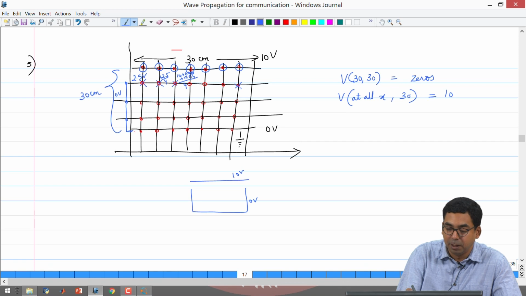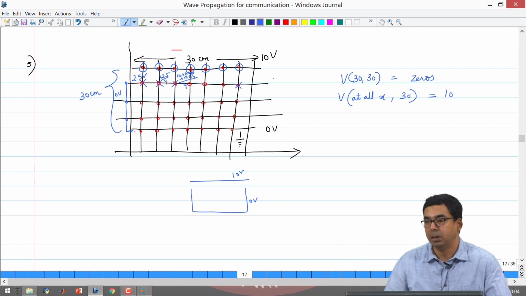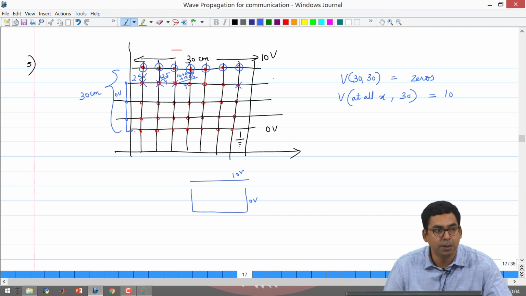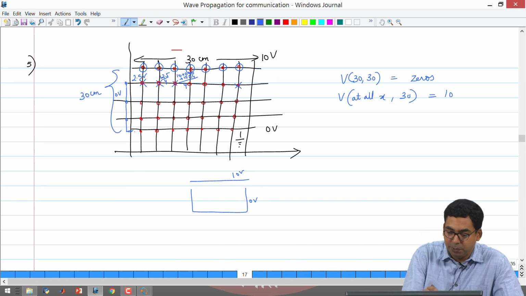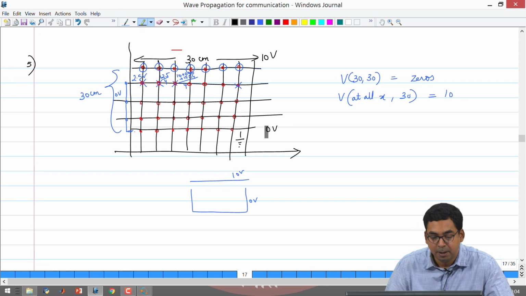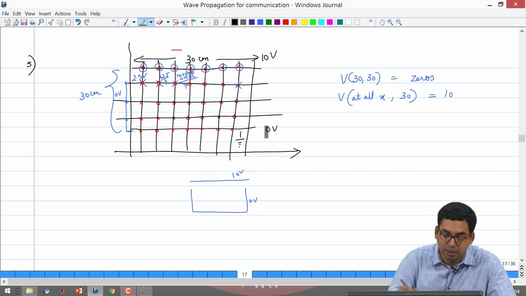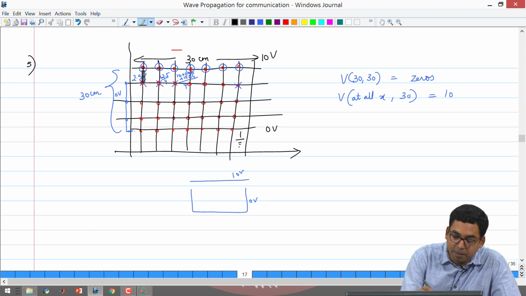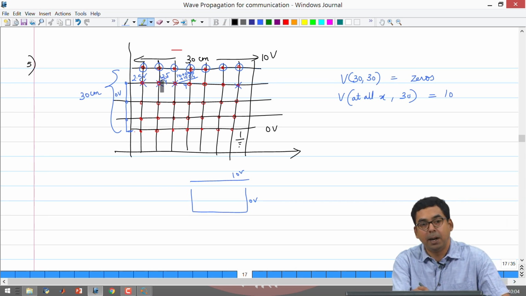Once you finish that particular row, on the right extreme, once again we do not know the value of the voltage to the right side because there is no point over there. So, if there is an unknown voltage, we consider that to be 0. Once you finish the first row, you will go to the second row, then the third row, and you will keep going till you reach the last unknown point. But while we are doing this, something has happened. When we began computing the voltage at the first point marked 2.5 volts, the right hand side point was at 0 volts. That is how you arrived at 10 plus 0 plus 0 plus 0 divided by 4. But now it has a voltage of 12.5 divided by 4. So, you began with something, but you ended up with something else.